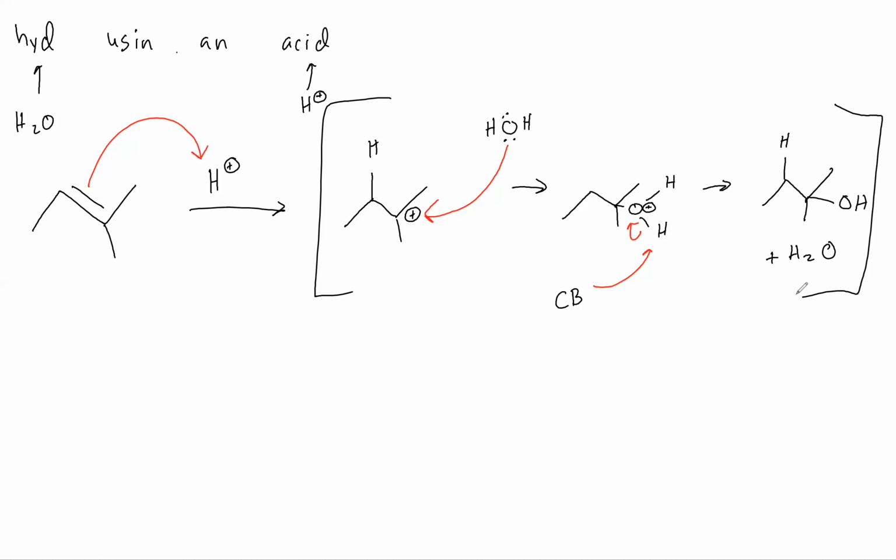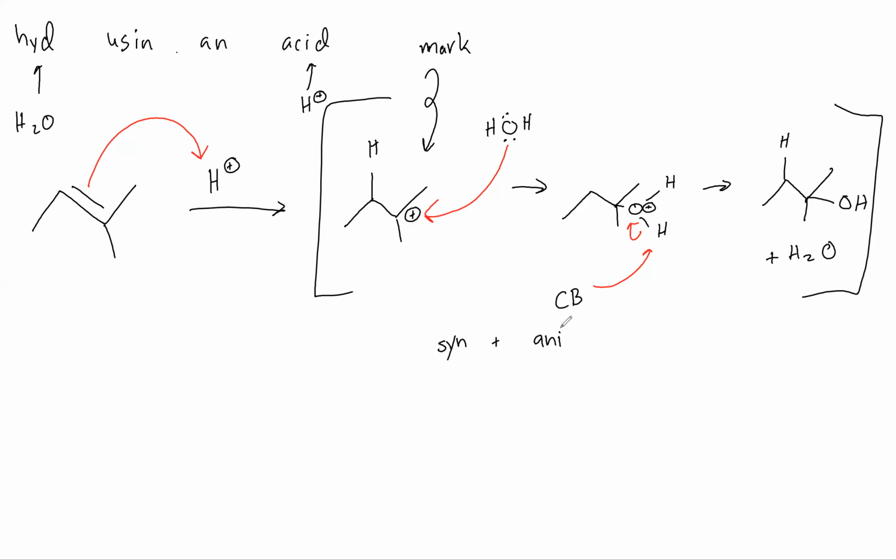All right. And the same concept will happen here as far as Markovnikov because of our positively charged intermediate, our carbocation intermediate. And again, as far as syn versus anti goes, this will be both syn and anti